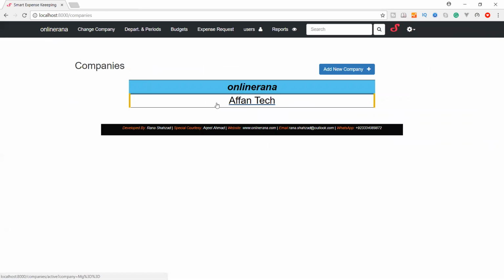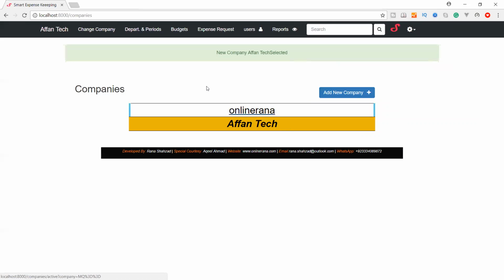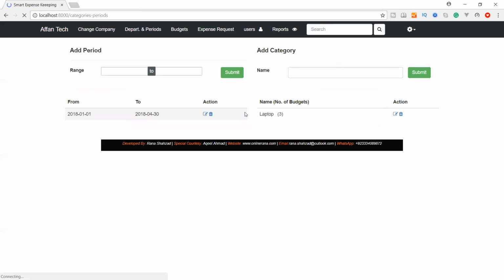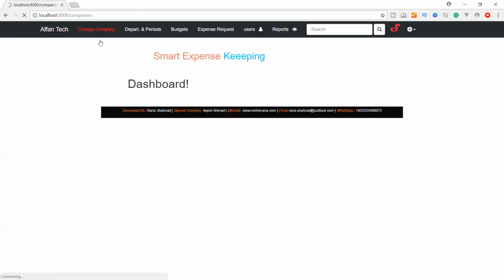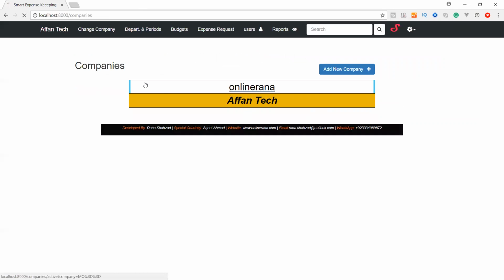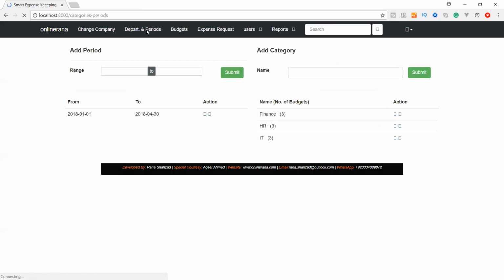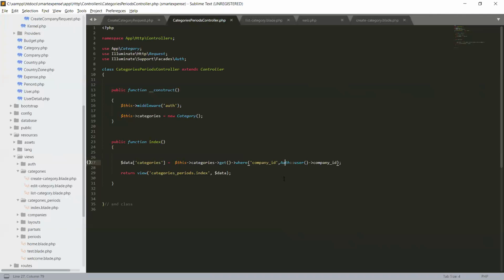If I change the company to Afan Tech and go to the department page, so we have a laptop three. Okay, let's change our company back to Online Runner, and we see three categories. And another thing that we want to do, we want ordering.